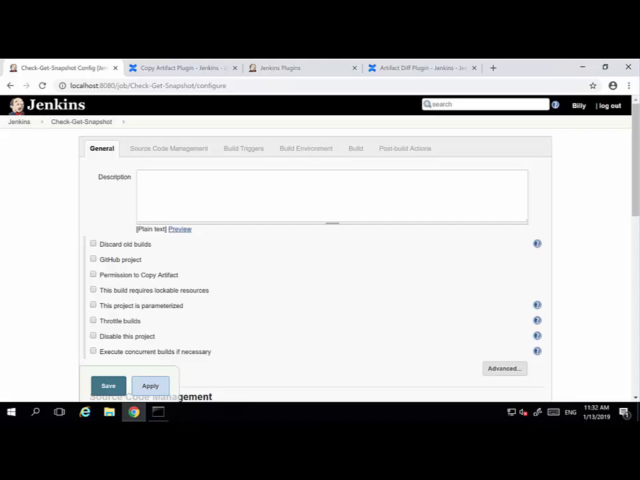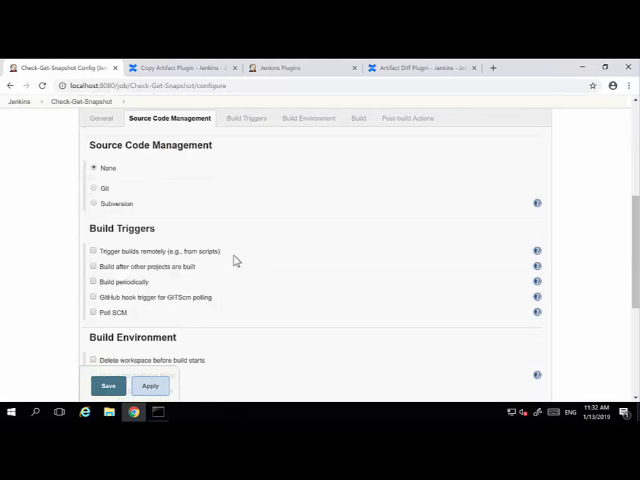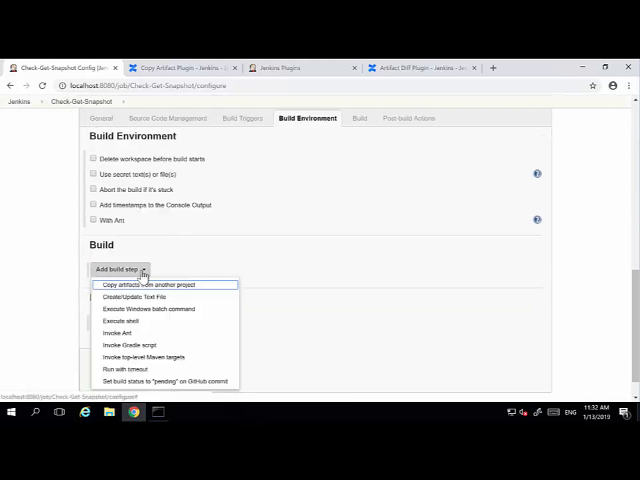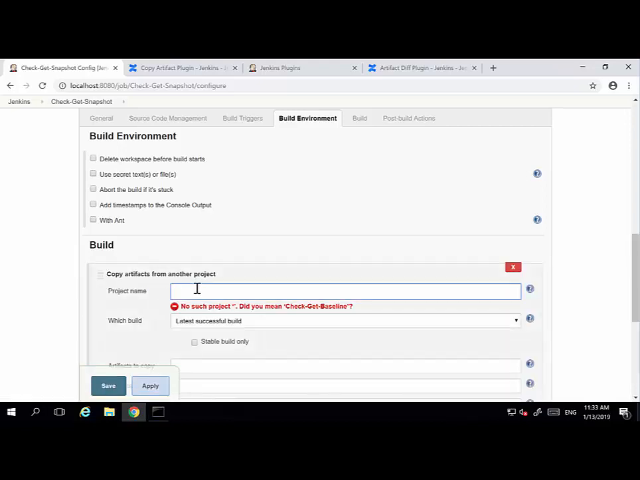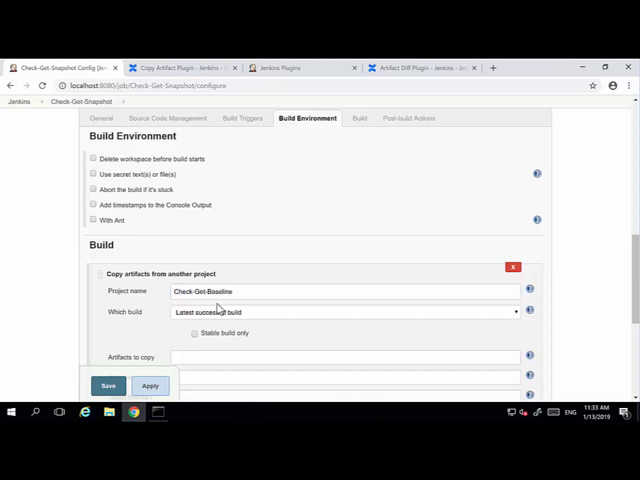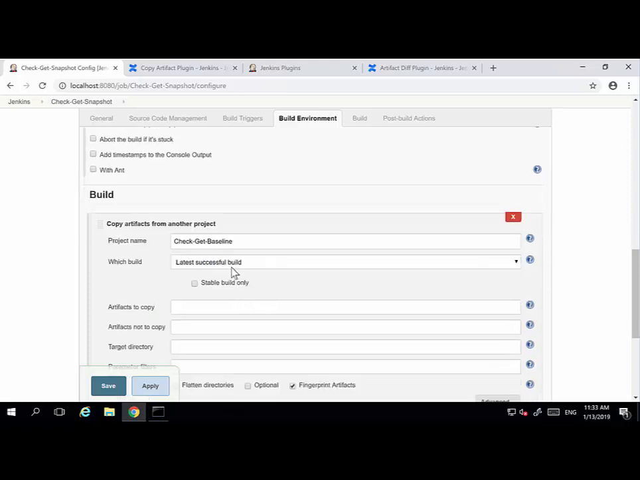So to do that comparison, which we'll do within this particular job, we've got a build step where we want to copy the artifacts from the other project. So we want to copy the artifact from our baseline project so we can use it as part of the comparison. Where to get it from? Check get baseline, and we want to get the latest successful build and the artifacts to copy, which is the file baseline.txt. So this gives us